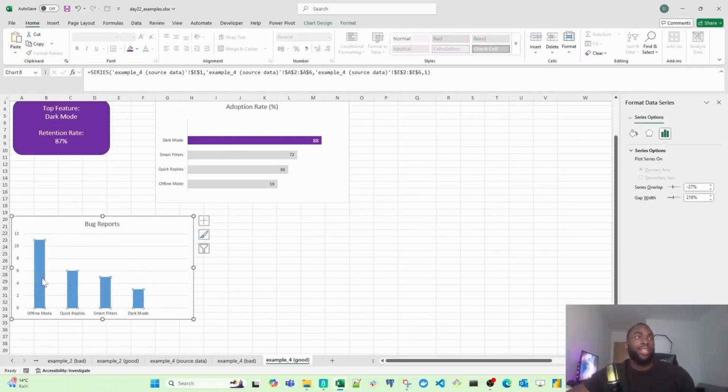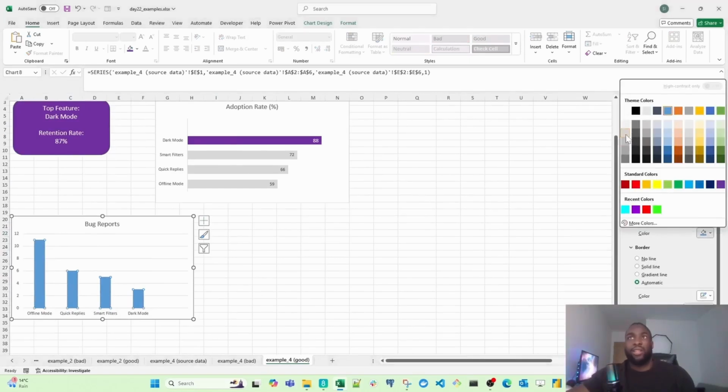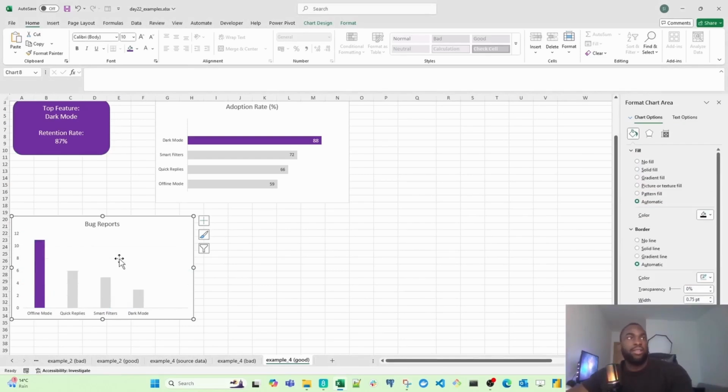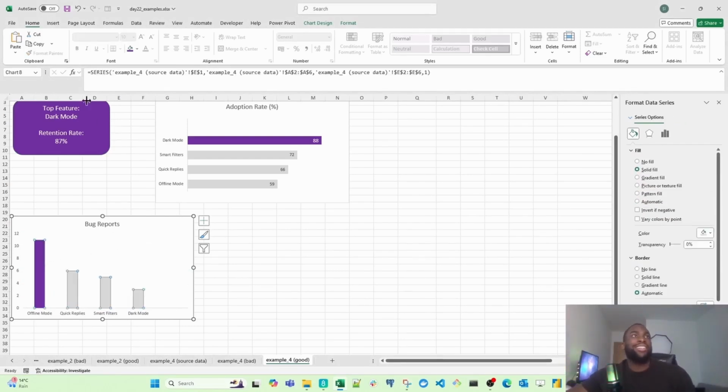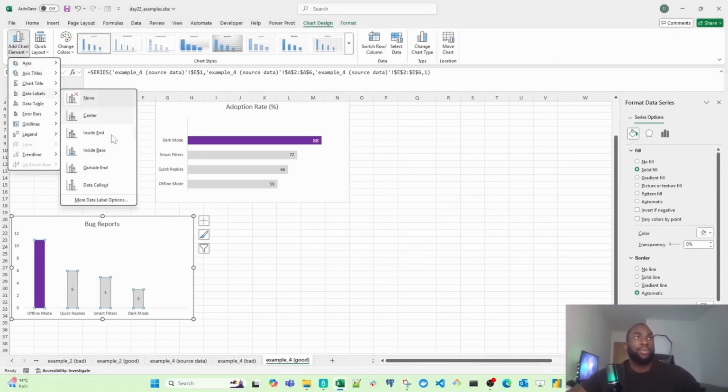So I'm going to select all the bars in here, and then I'm going to first color everything in gray, and then I'm going to select the feature with the most complaints, and then turn that into purple. I'm going to remove the grid lines to remove visual clutter. And then I'm going to now add data labels by going to chart design, add chart element, data labels, and